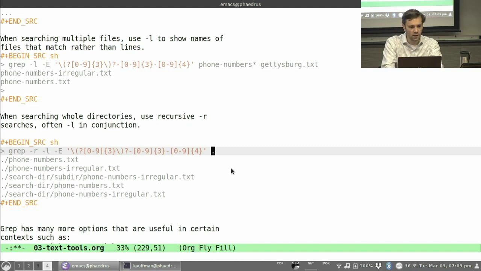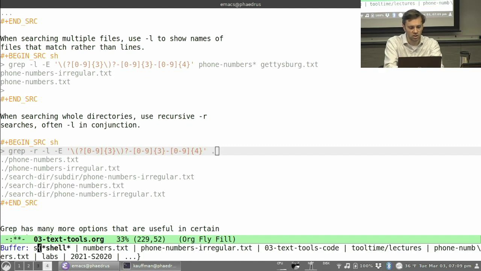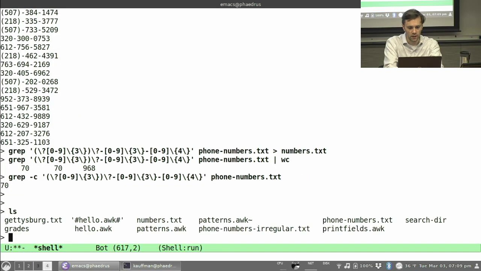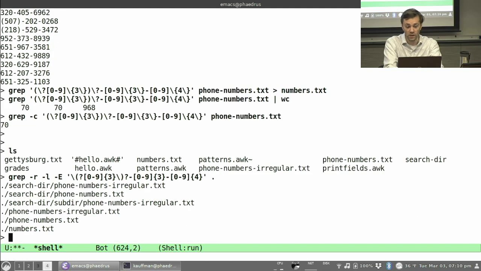To give you a sense here, if I run this in a shell in my current directory, you can see in here there's a bunch of stuff, some of which might match, some of which might not, but certainly those phone numbers were. And you see here something that's obviously named after a search directory. If I run grep in here, it'll show me everything that matched in terms of files. And if I plop down a new file, let's see, echo 1, 2, 3, 4, 5, 6, 7, 8, 9, 0 into this subdirectory search dir/new number